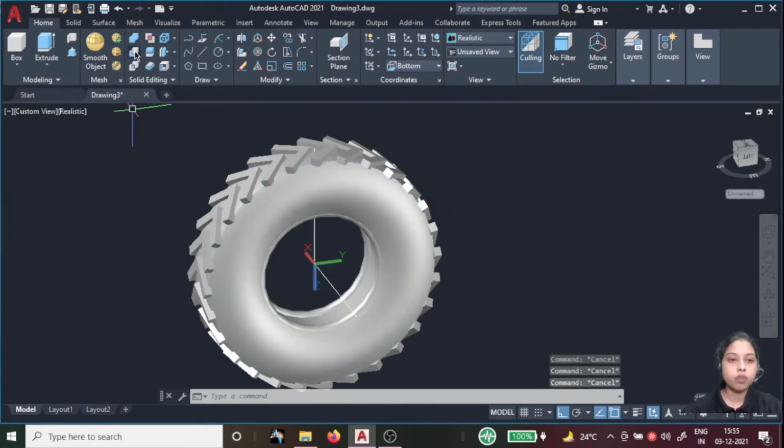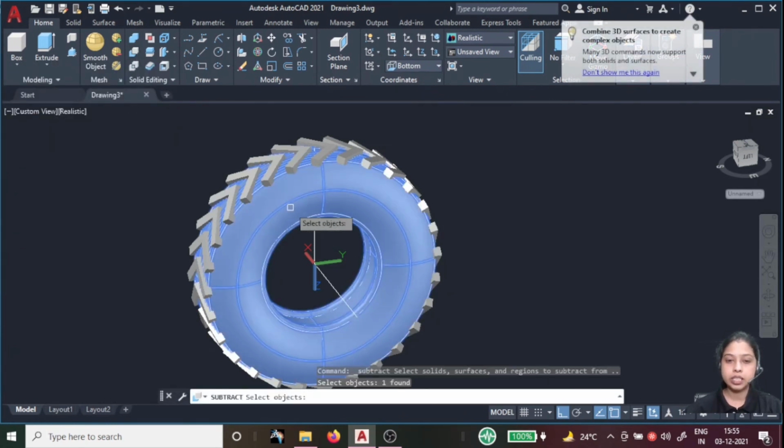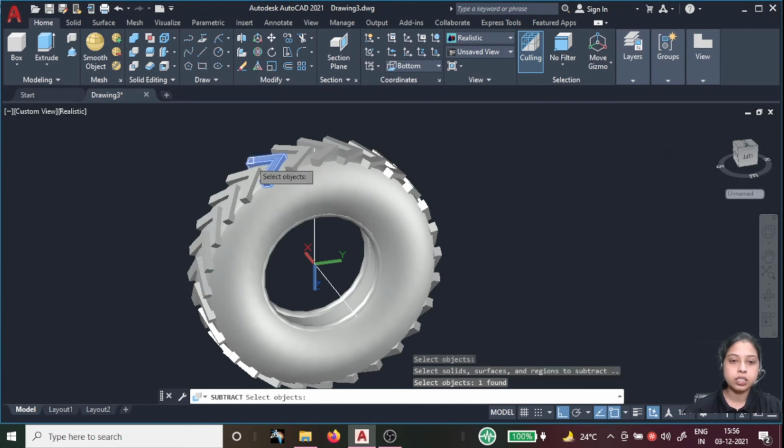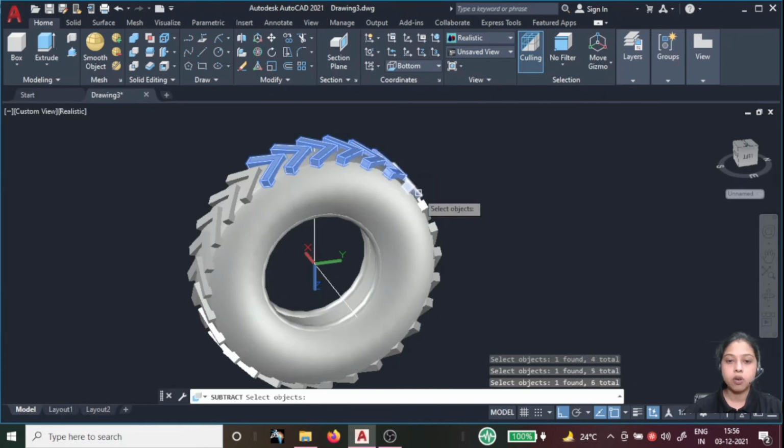So go for the subtract, select the subtract and select my first entity, this one, which one you need to cut. Then enter and now it is asking which one to subtract. Just select one by one, separately, all the array objects. Now select carefully.